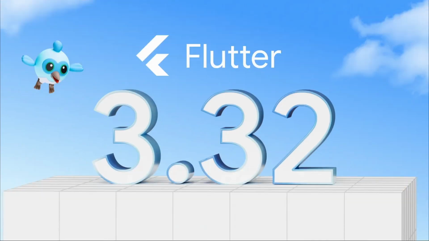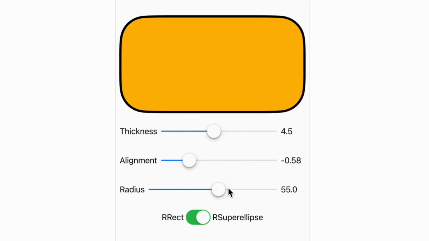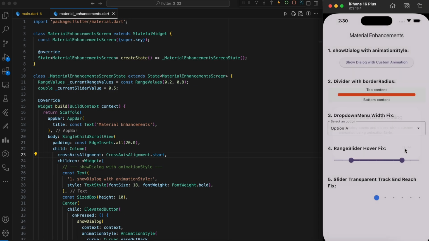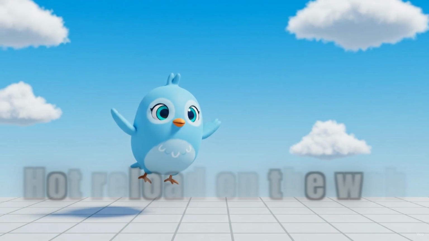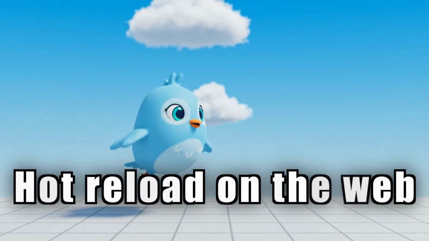We're diving deep into the brand new Flutter 3.32 update. It's packed with exciting improvements, and we're going to explore each one in detail. Let's kick things off with a feature that web developers have been eagerly waiting for: experimental hot reload for web